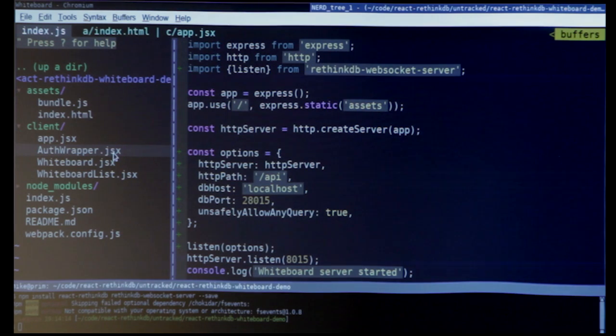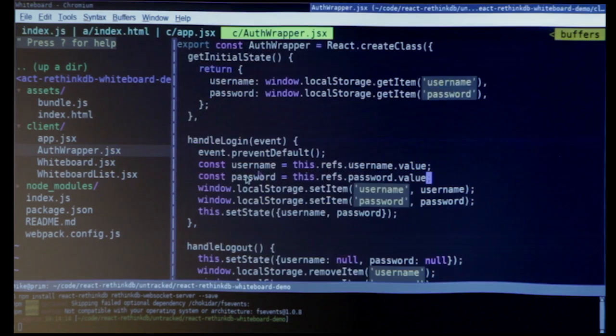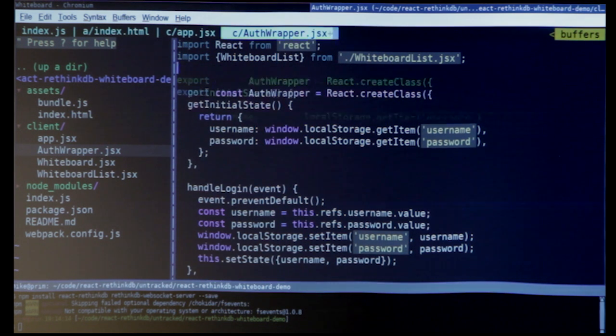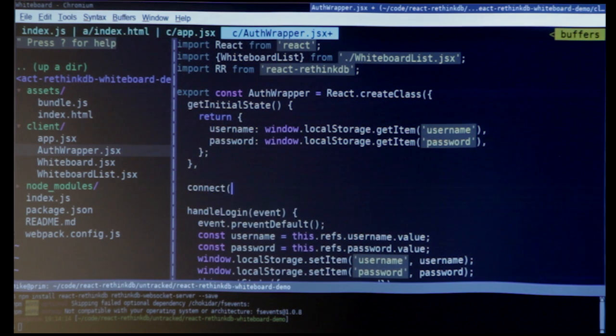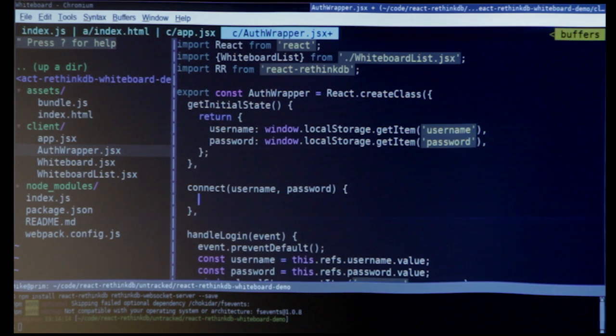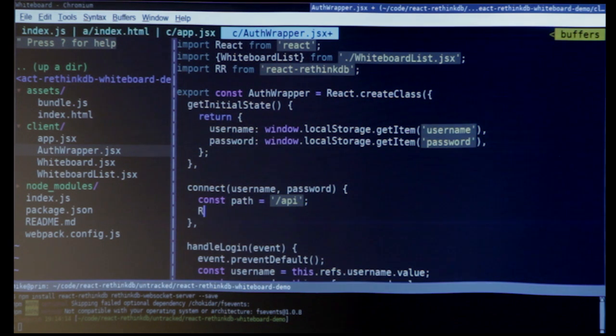In the front end, we start with our highest level component, auth wrapper, and we need to connect to the backend over that WebSocket connection. So we go to auth wrapper. We're going to import react-rethinkdb. And we're going to define a connect method, which will take a username and a password, which we're going to use later when we do some query security. But for the time being, all we need is the path that we're connecting to, which is /API, and we call